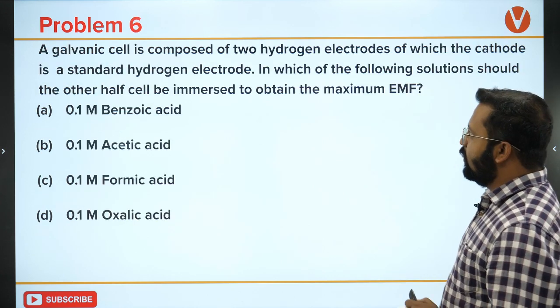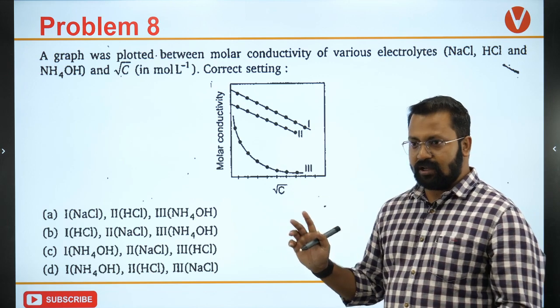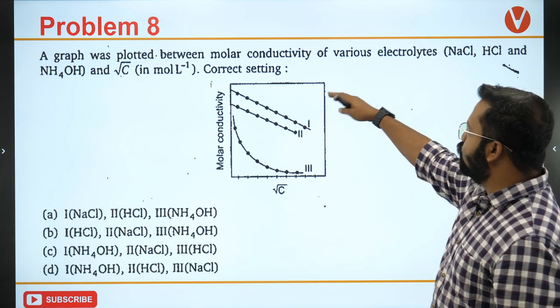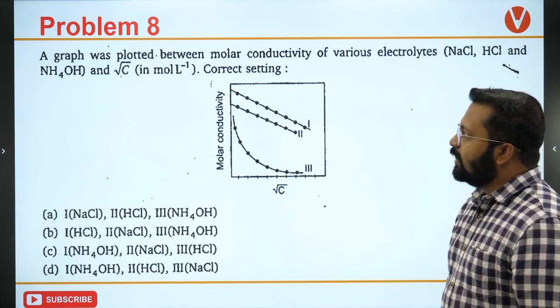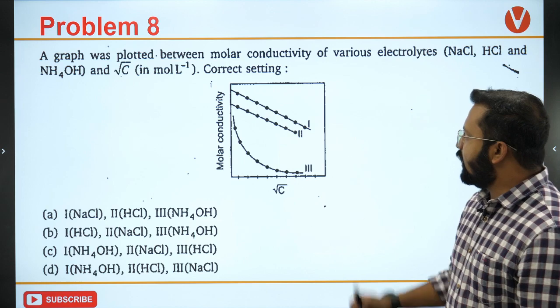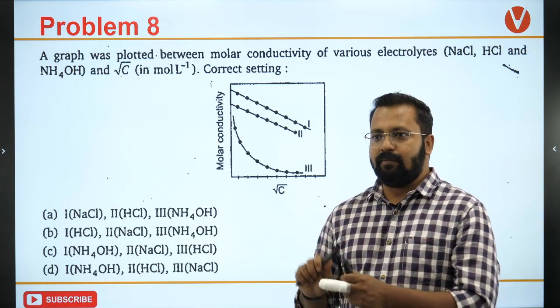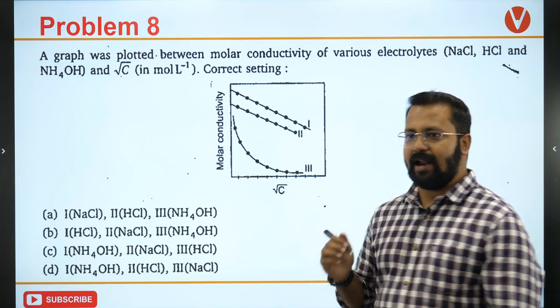Now problem 8 was a simple question. Okay, problem 8 is a simple question. A graph is plotted of molar conductivity of various electrolytes versus root C, that is concentration. Which will be the correct setting? The right answer will be, stop spamming. Okay, so the right answer will be,